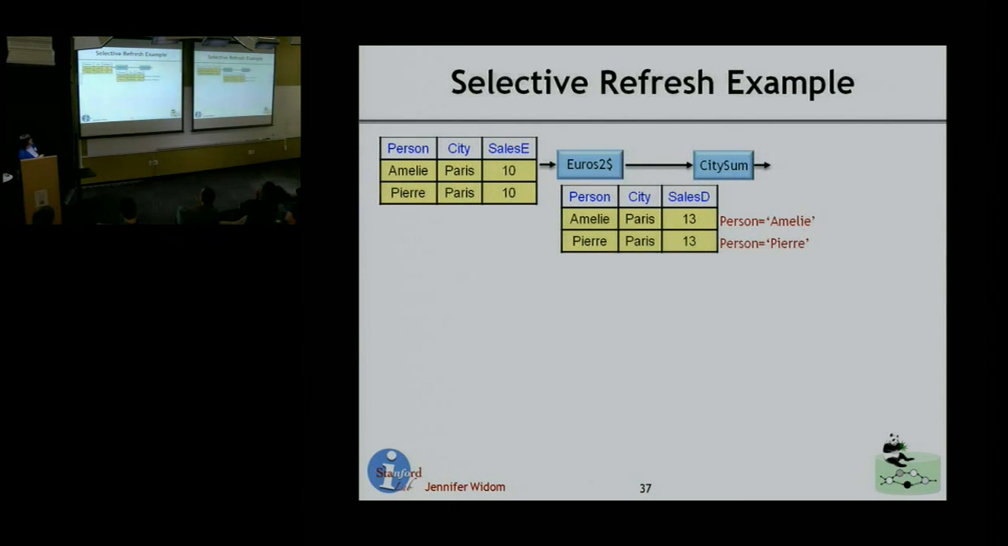So that predicate applied to this first table will give us the first tuple, and that'll set up the provenance from the first tuple in the first table to the first one in the second table. Okay? And similarly, we've got our predicate Pierre here to find the provenance of this tuple back in the original data. Okay, now I'm going to sum those, and I see that for Paris I sold $26, and the provenance